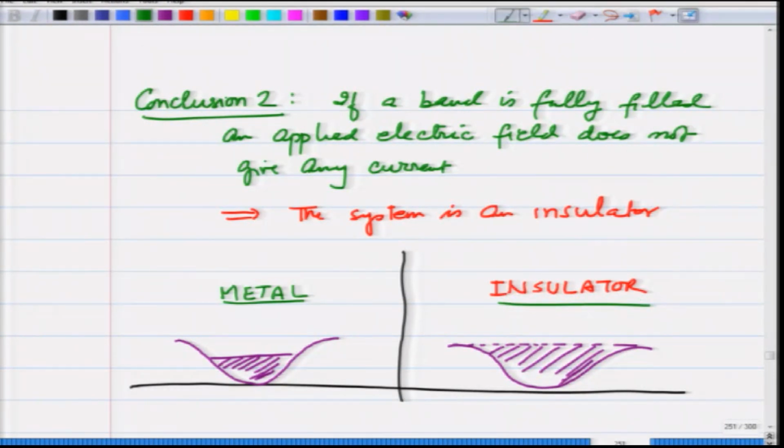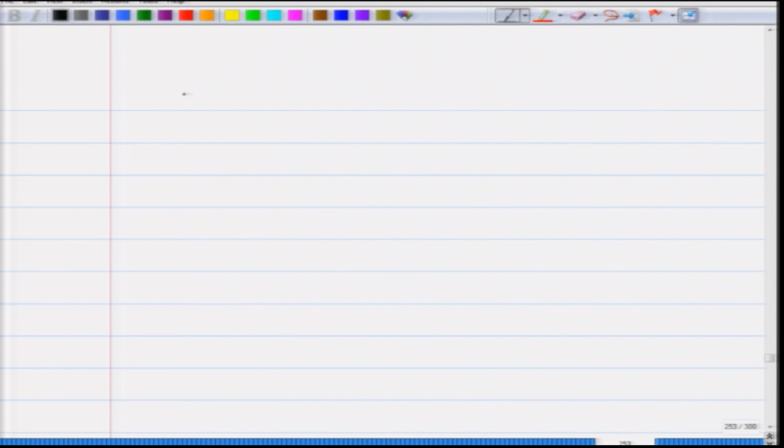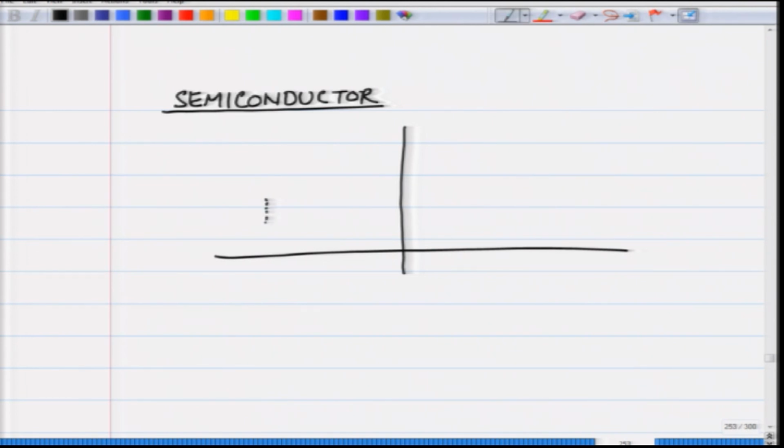So, you can also say that if I have in a crystal one atom per unit cell and each atom gives only one electron, I will have a metal. If each atom gives 2 electrons, I will have an insulator, and there is something in between, and that is known as a semiconductor. There will be a whole lot of lectures on semiconductors, but right now let us just introduce the idea, and the idea is that again I have a band which is fully filled,